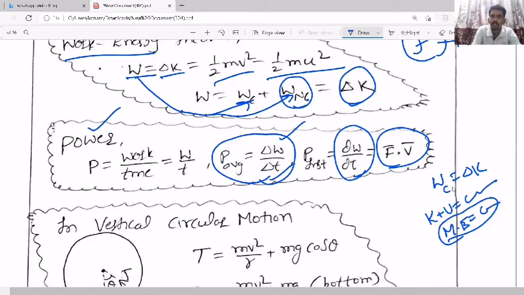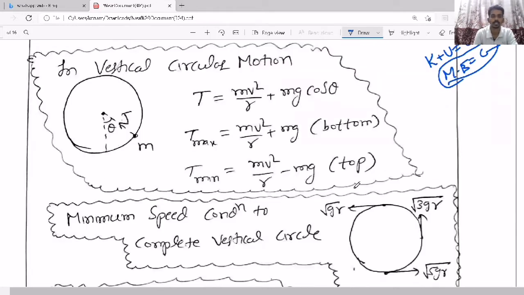And all the difficult-level questions they will ask based on the work energy theorem and conservation of mechanical energy only. But apart from that, every question is simple and formula based, which you can solve very easily, either based on work done or potential energy or kinetic energy or power. Very simple questions they used to ask. So apart from that, anything else they ask must be related to what? The work energy theorem or conservation of mechanical energy.